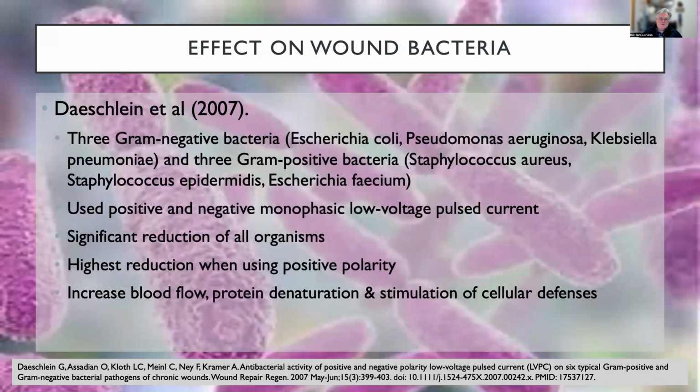This study in 2007 used 3 gram-negative and gram-positive bacteria. We know the gram-negative are the ones that tend to create the most trouble for us in terms of trying to eliminate wound infections. So things like E. coli, Pseudomonas, and Klebsiella are examples. The gram-positive they used were Staph aureus, Staph epidermidis, and